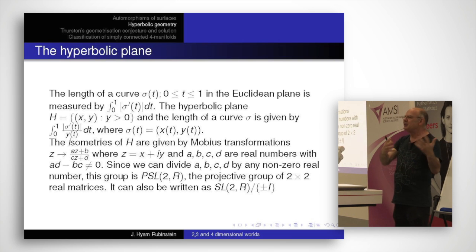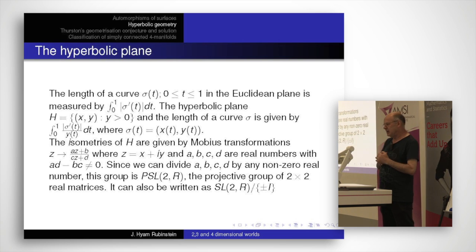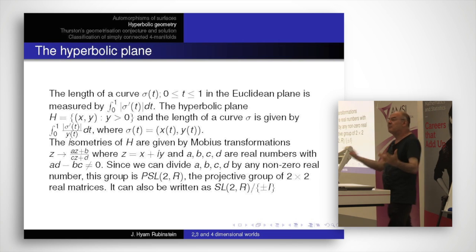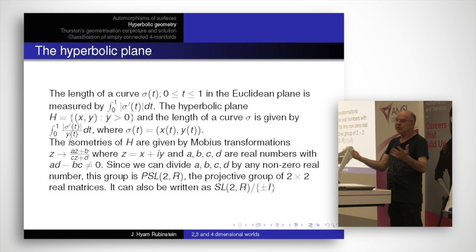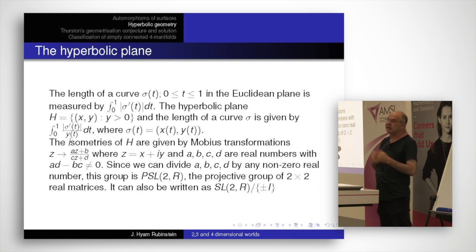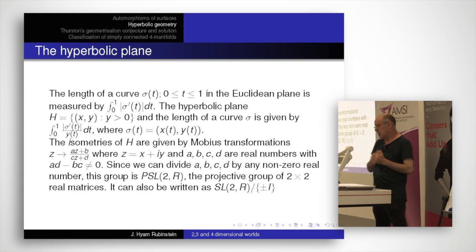So the basic idea goes back a long way, really, to the axioms of geometry and about parallelism. We'll say that in a minute. But what we want to do is talk about how you compute the length of a curve. The important thing in geometry is being able to measure things, and particularly measure lengths. So in Euclidean space, this is just elementary calculus. If you want to measure the length of a differentiable or smooth curve, you take the length of the derivative, and you integrate that, and that's the length of the curve. That's just the speed that you're going along the curve.